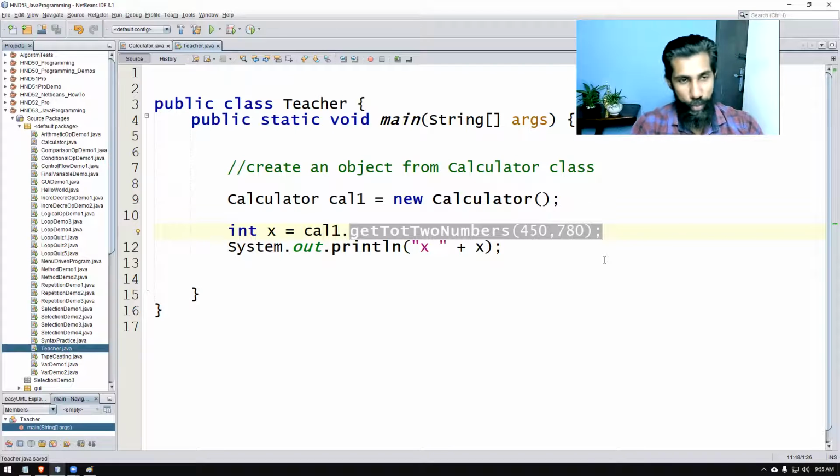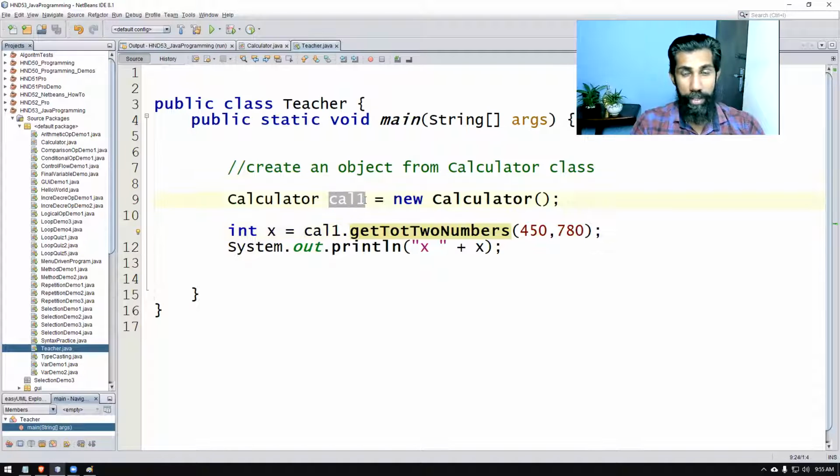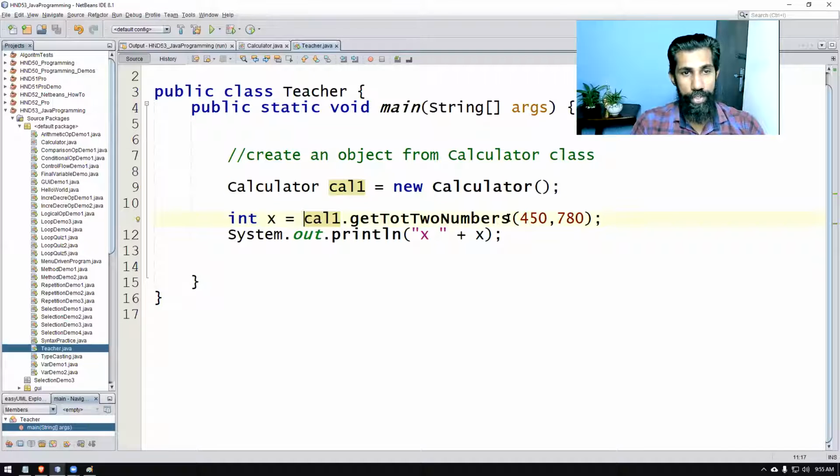So when I execute this program, this is a fully object-oriented program that we have built. We have created our object using our class Calculator, and we created our Teacher class where we put a main method, and we created an object from Calculator called cal1. Using the new keyword we call the constructor method. That is the way to create an object. You already know with the Scanner class how to do this. Then we called a method which is associated with that object, right? This is just one method that I called. I can call another method.